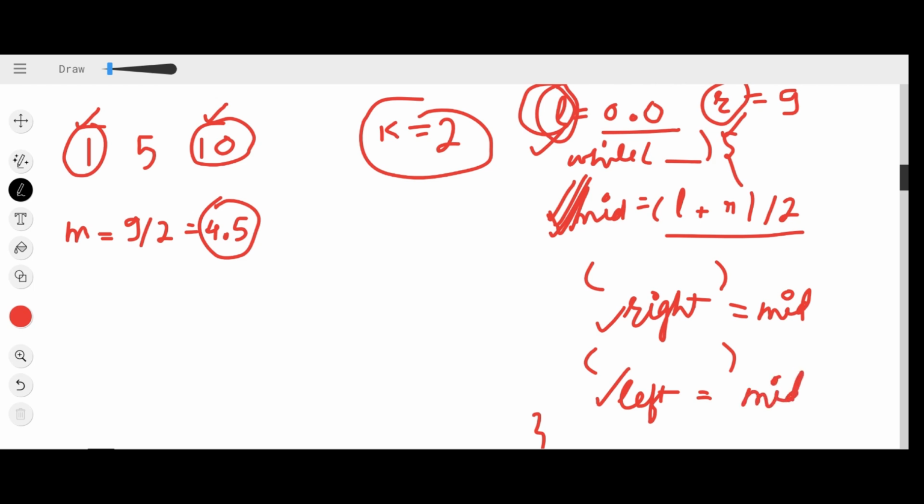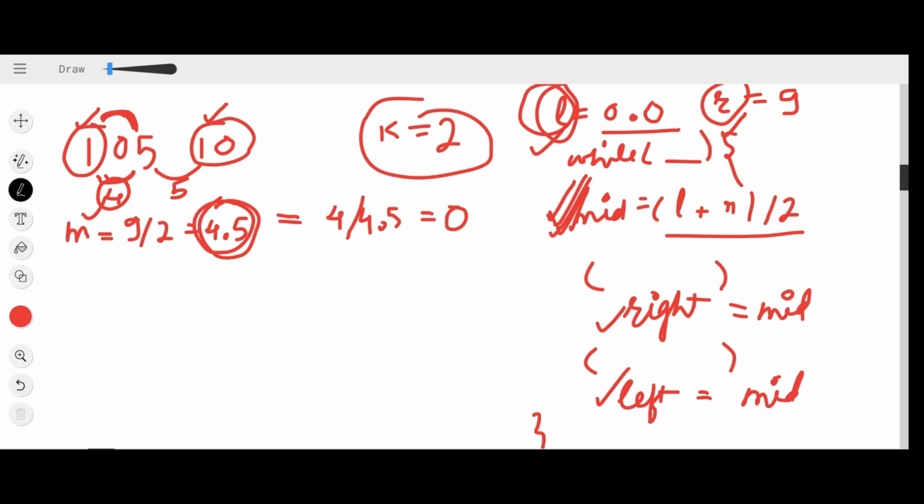Okay, so now let's see what I'm trying to say. What is the difference between these two? It is 4. What is the difference between these two stations? It is 5. My mid is coming to be 4.5. So I need to check how many gas stations can be accommodated in this area. I can get this by dividing this distance by 4.5. So this gives me 0, which means 0 stations will be added here.